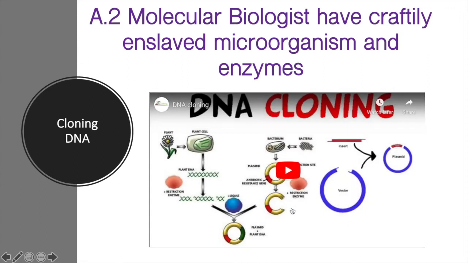So this video is showing in a very nice way the strategy that we as molecular biologists use to clone DNA. If we want to study certain proteins or just amplify the DNA, what we do is use a vector, as seen here. This vector has the characteristic of being able to reproduce, in this case in bacteria, but there are some vectors that are able to reproduce in insect cells or mammalian cells, so we can use different systems to do this